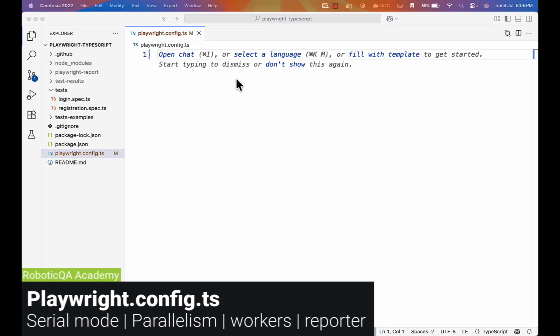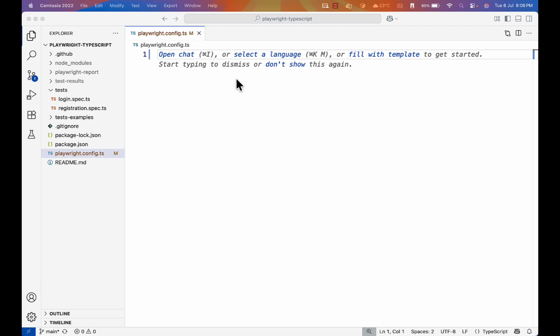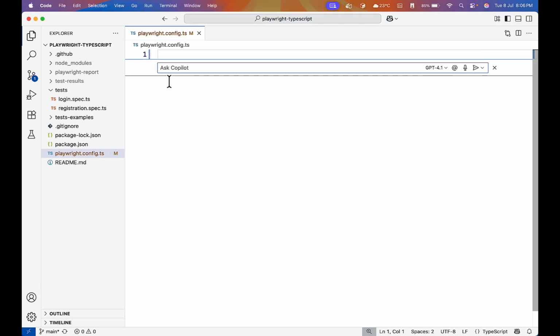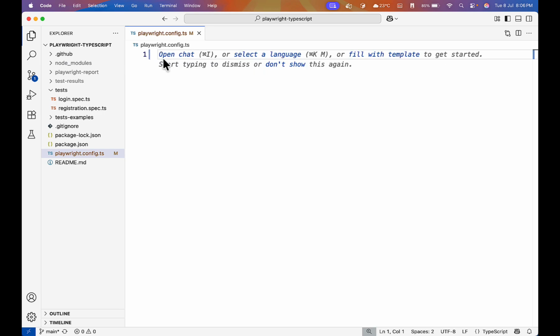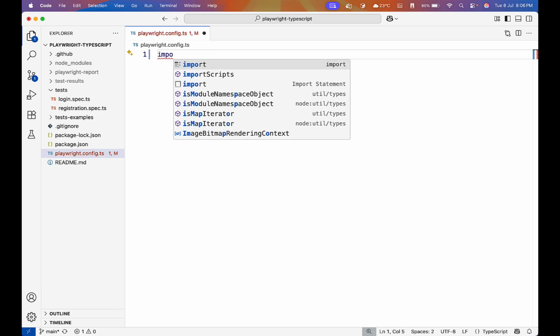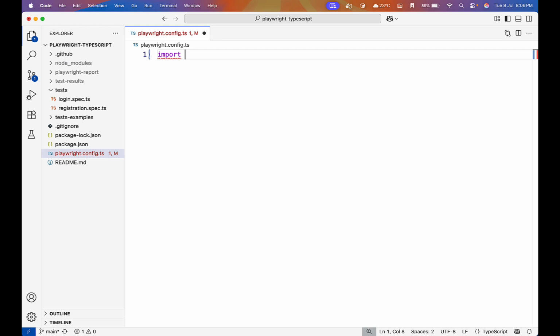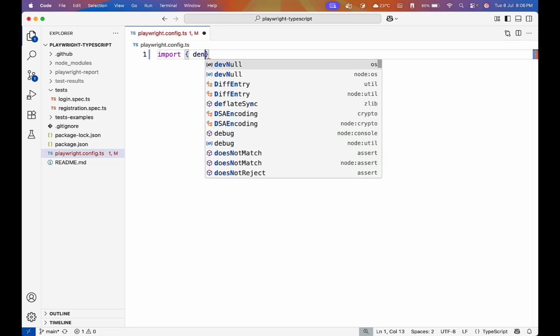So today we will discuss the playwright.config.ts file and the different options available inside it. Okay, so let's start with the playwright config file. First we have this import statement, right? In the import statement we are importing two things, actually: defineConfig